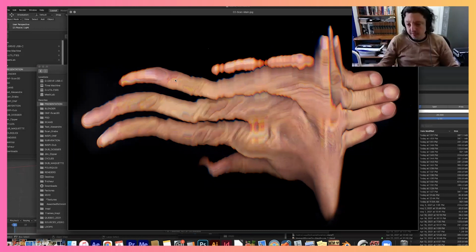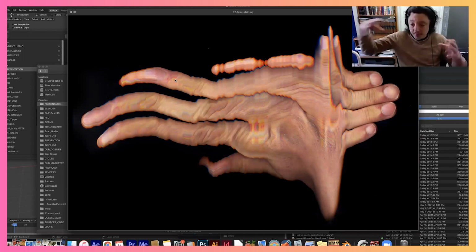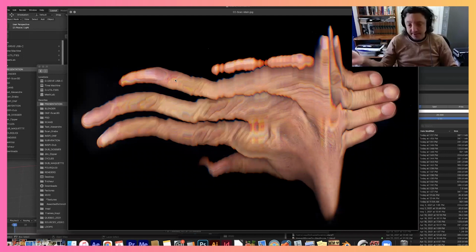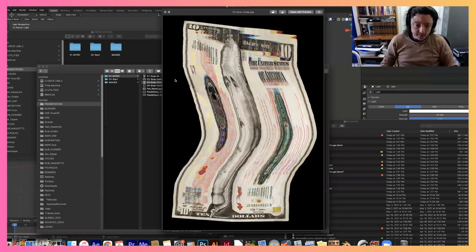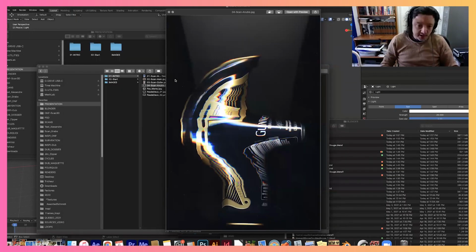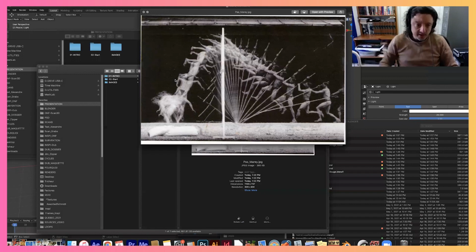That was the first thing that gave me the idea to think, what if I could do that in 3D? So would there be a way to have this kind of image, but to have actually a mesh that you could either animate or turn around? And the second thing that was interesting to me was kind of, so these are other examples of more objects that I manipulated on the scanner.